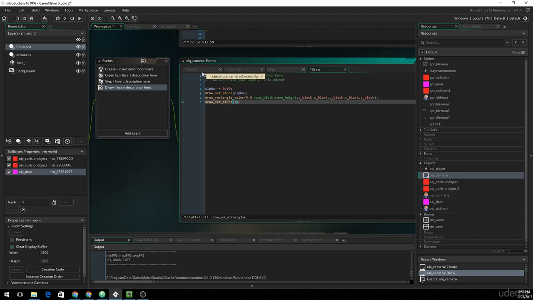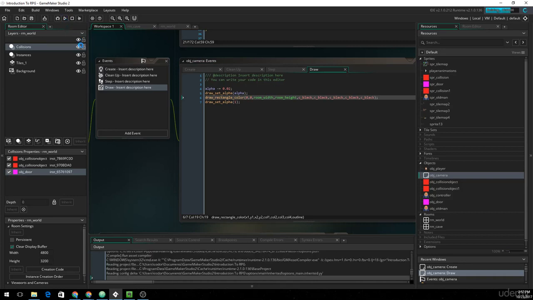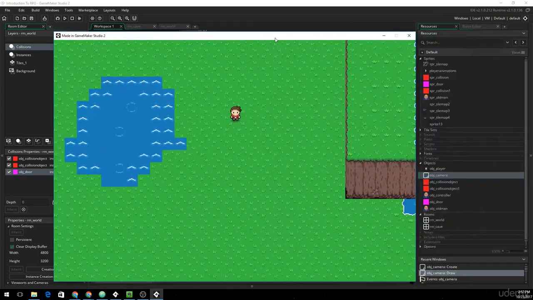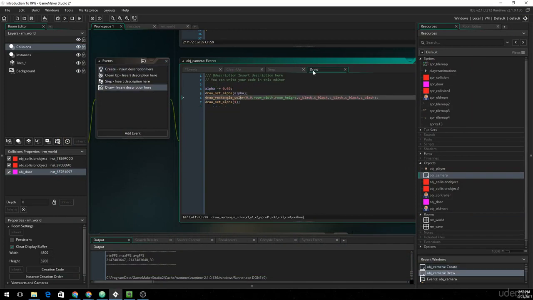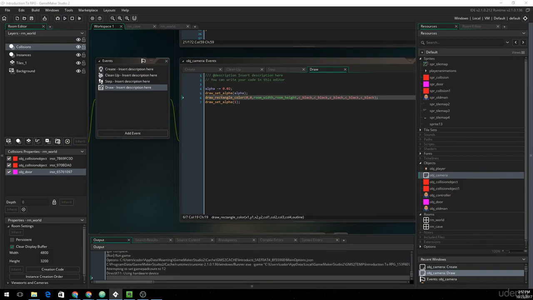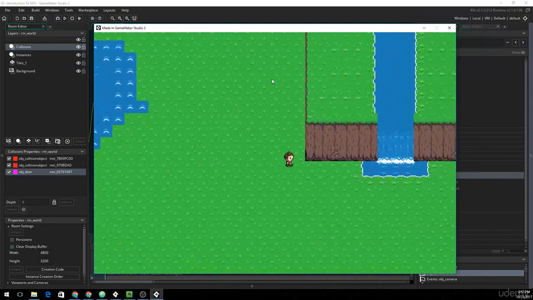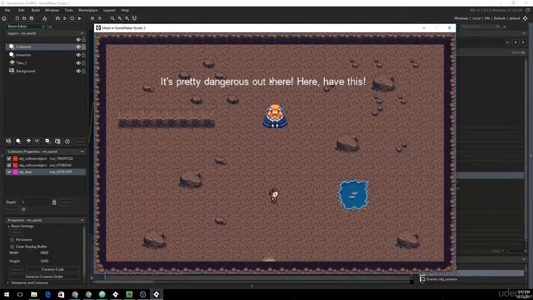No, every single object is going to be half as visible as it should be. This basically globally changes the alpha, but because there's no draw rectangle ext, we can't do that. So alpha minus equals 0.02. Now if we set alpha to equal 1, and we walk into here, you can see here